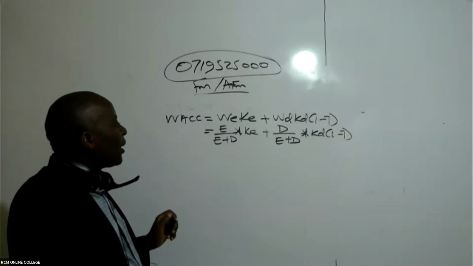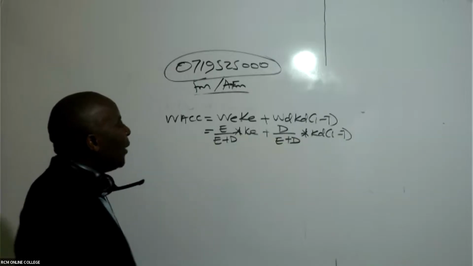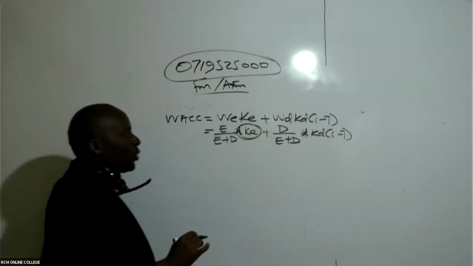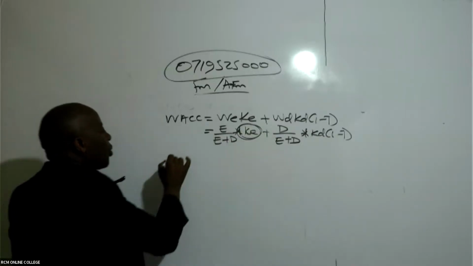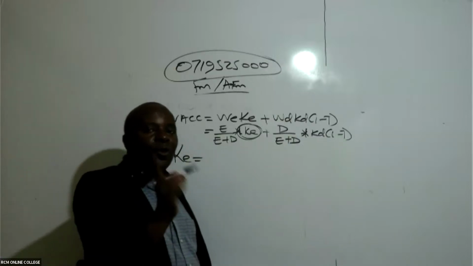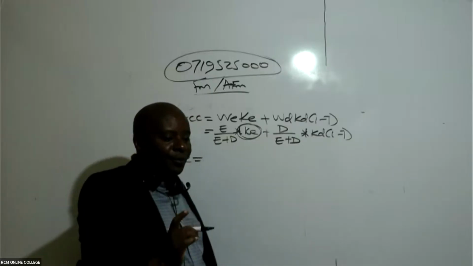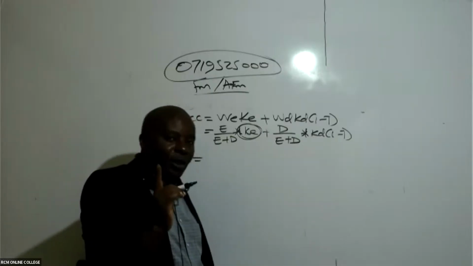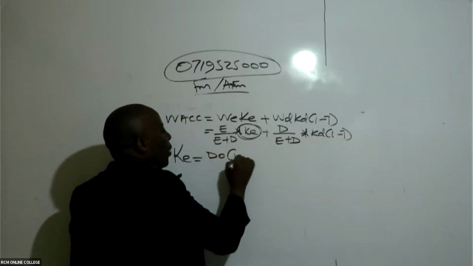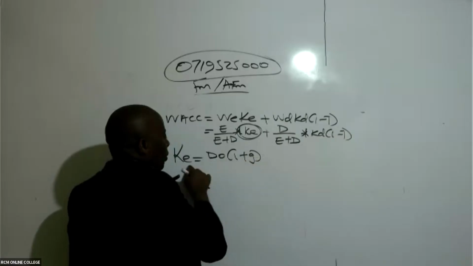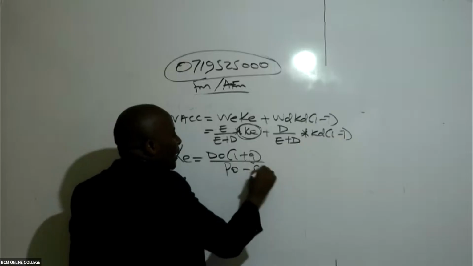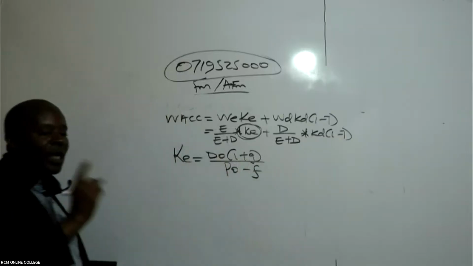Now, ladies and gentlemen, if I'm the one doing this, I know where the trick will be. These guys would always want me to calculate this cost of equity. And how do we get cost of equity? To get cost of equity, we normally measure cost of equity using the dividend returns, using what we call the dividend valuation model. So in this case here, the dividend will be D0 into 1 plus g. Of course, because it's a return out of what we invest, so it will be P0. In case there are any flotation costs, we shall deduct.